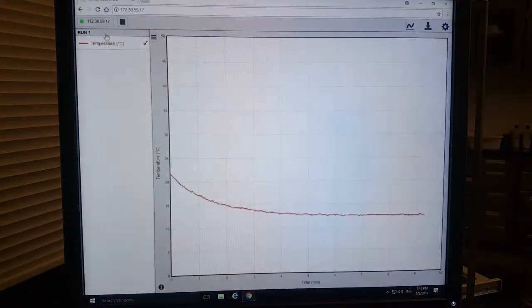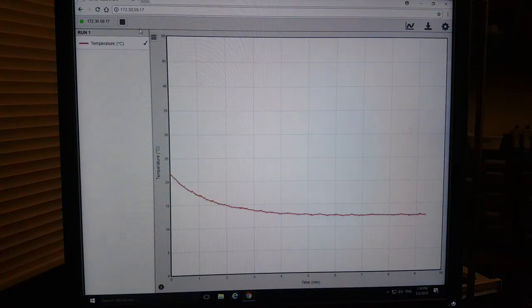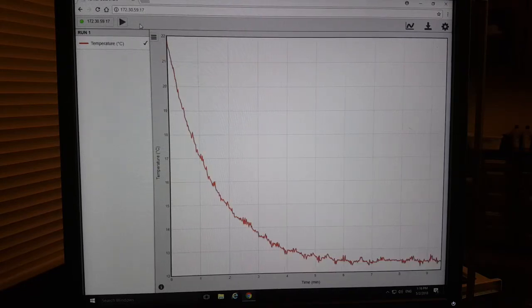So at that point in your data collection, you'd go up here with your mouse. You can hit stop on the LabQuest or on the screen here and just hit stop. Now the nice thing is that LabQuest auto scales your data for you. And when you hit play again, you are going to have your thermoprobe